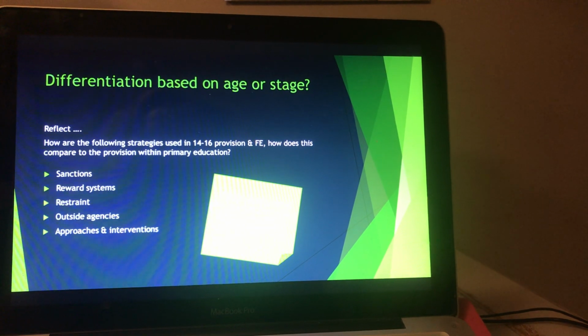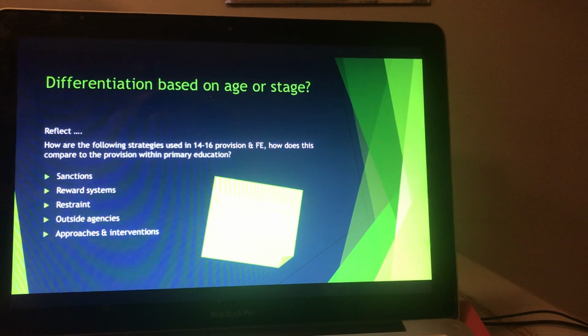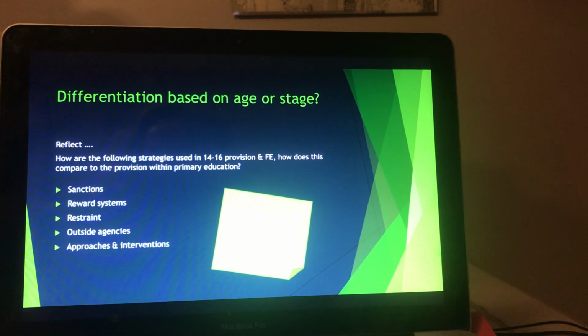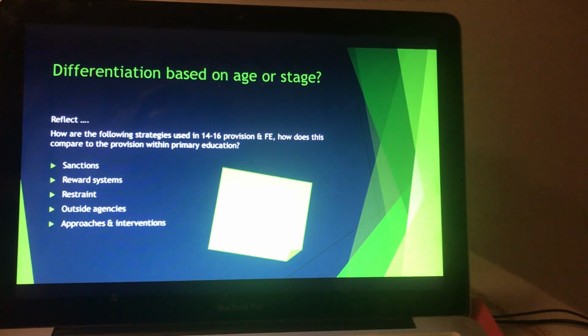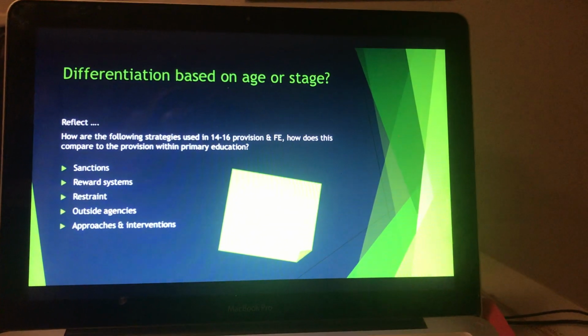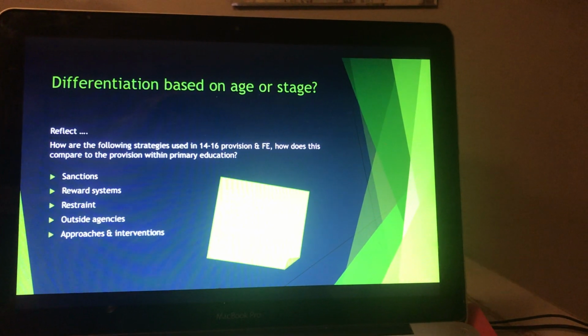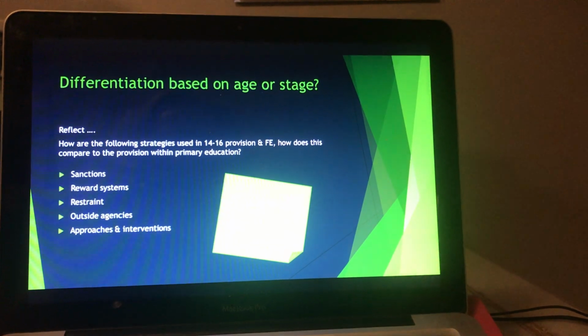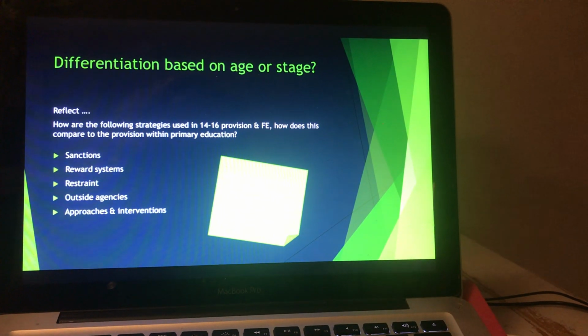Maybe it's about meeting the physical needs, for example, of the child. And really that doesn't tend to change that much dependent on your age. Approaches and interventions. So let's have a little think about that as well. Give me some information. How do you think the approaches and interventions in general change based on the age?